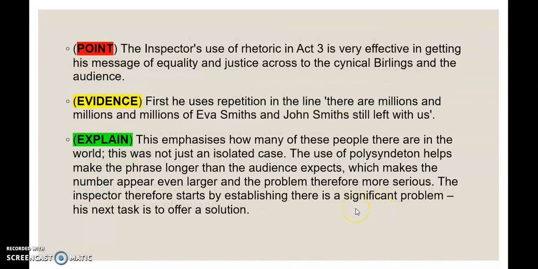Okay, so let's have a look at how that appears in practice. So this is my opening point. You can see, pretty simple. Inspector's use of rhetoric is very effective in getting a message of equality and justice across to the cynical Birlings